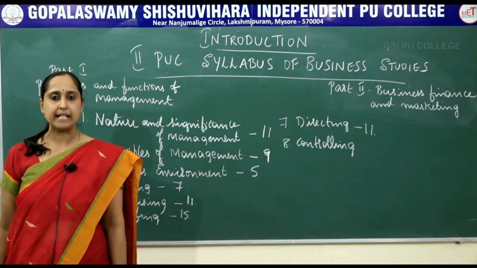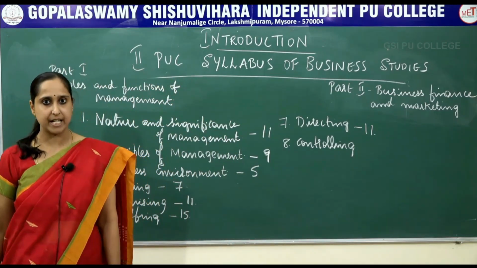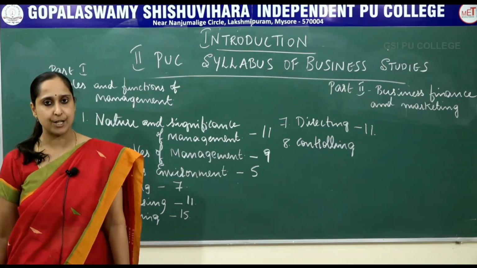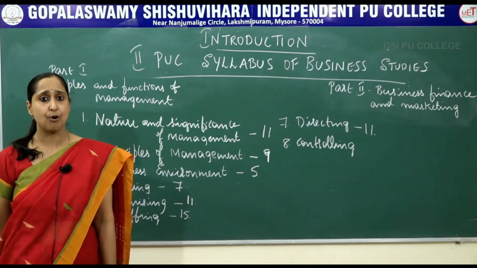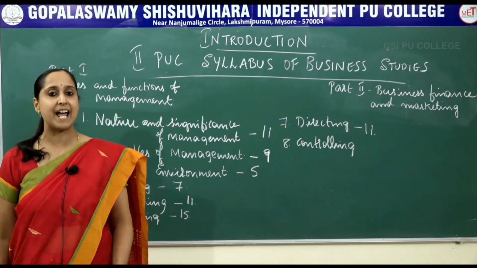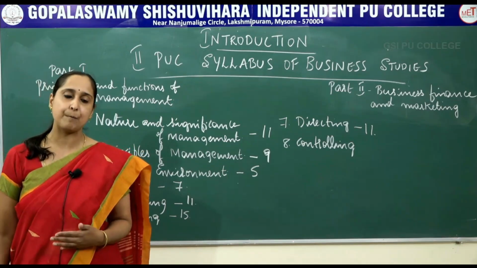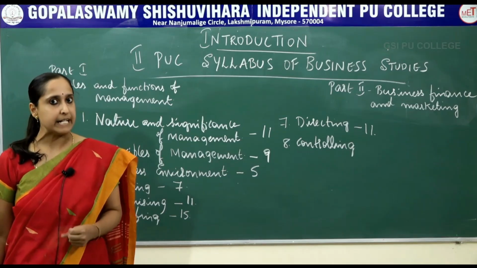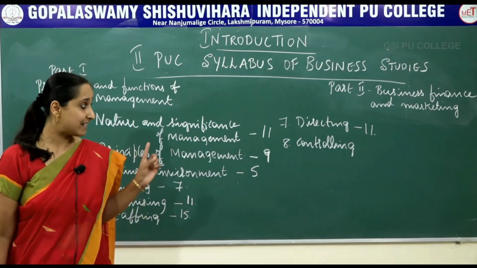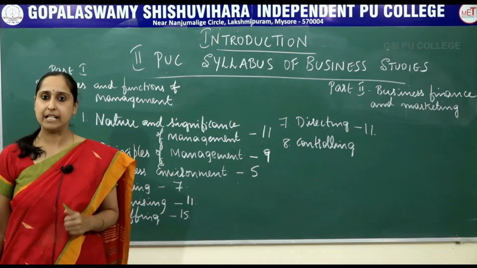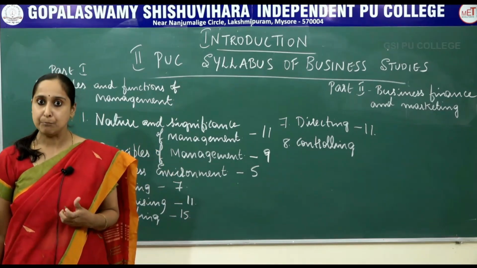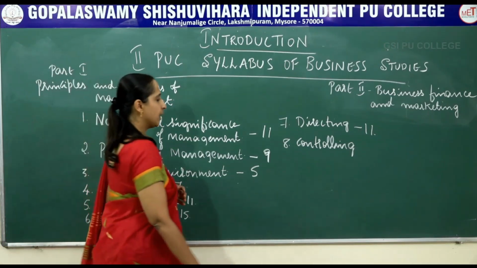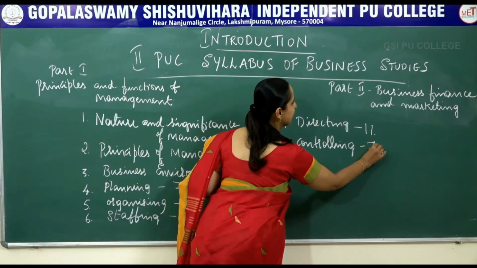See, controlling means there are various tasks and activities that should be performed in the organization in order to achieve the organizational goals. So we have to make sure that all the activities which take place every day, we check whether they are taking place according to plan. Suppose if there is any deviation, immediate measures must be taken. So that is controlling. In this chapter, we learn the meaning of controlling, importance and controlling process. So the total marks allotted for controlling is 7 marks.